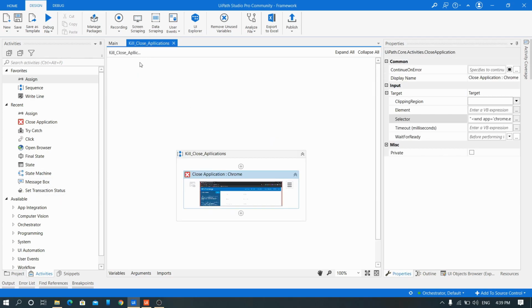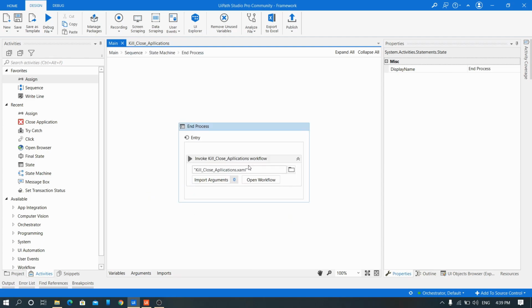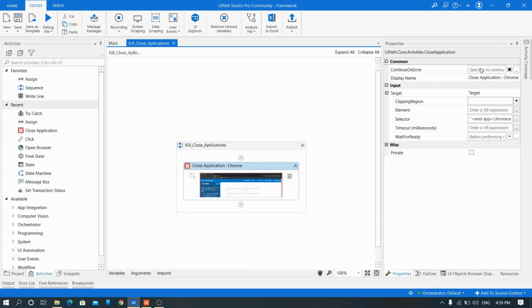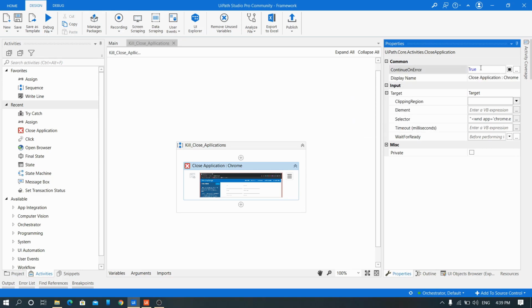Kill or close all applications. We just dragged and kept it there. Just set it to true and set the timer very low.